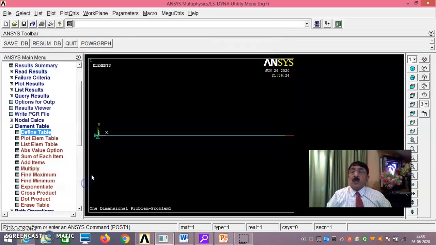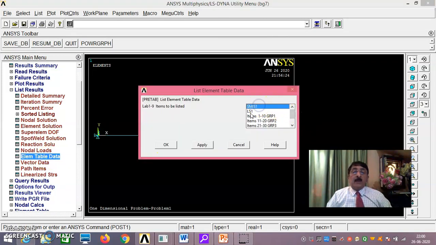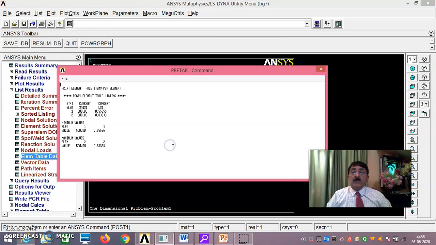Just say close. Once you do list results, element table data, SMIC1 and LS1, you see you are getting correct answers. Member 1 force is 500 only, member 2 aluminum also 500, and LS1 is perfectly 0.555 Newton per millimeter square, and member 2 aluminum is 0.8333 Newton per millimeter square. In that way you have got the answers right.